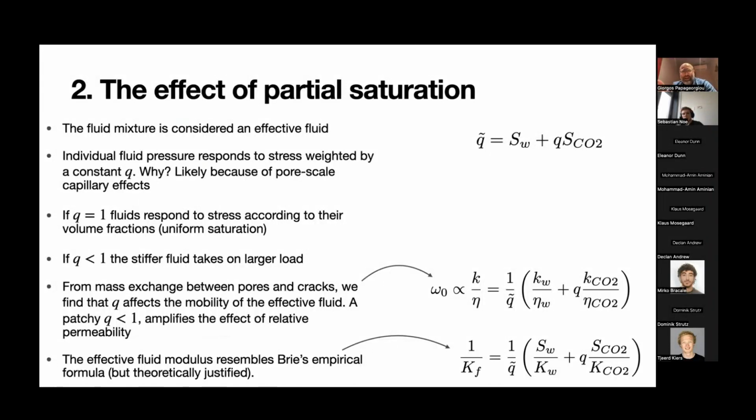And then my work was to try and see what happens to this whole system when you partially saturate it. What happens when you have 2 fluids that are miscible in the pore space? I tried several different things. We discussed how the effects of capillary pressure could be taken into account. We thought about one thing, the other, and we ended up saying, well, the way to describe these things, you